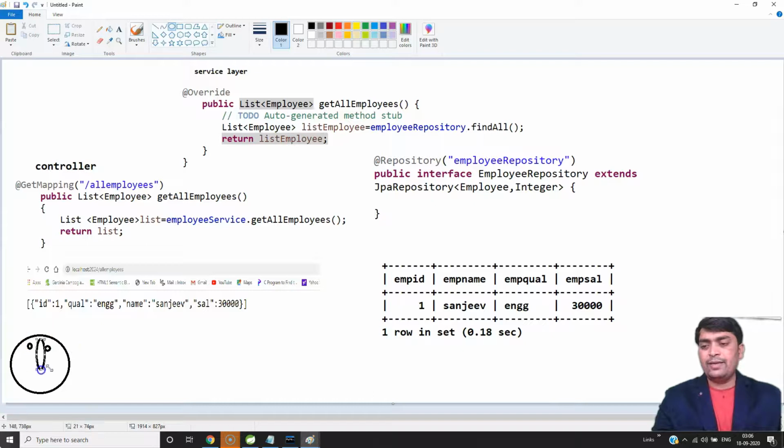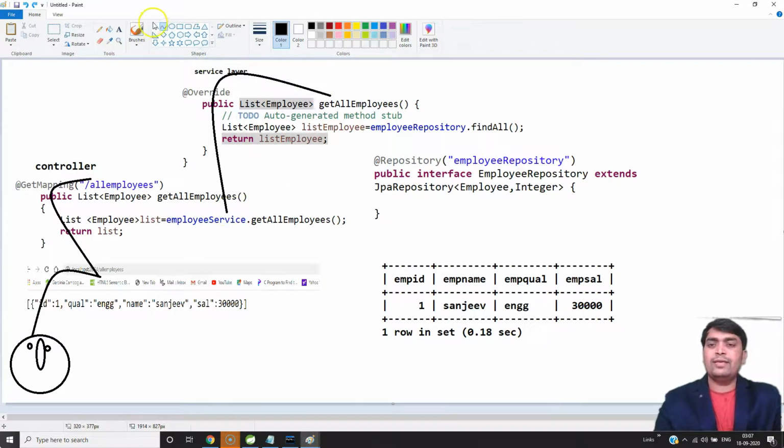What happens internally when your end user calls your endpoint all employees? Internally this endpoint is called from a controller, and your controller calls a method from the service layer, and your service layer calls the repository, employeeRepository.findAll.